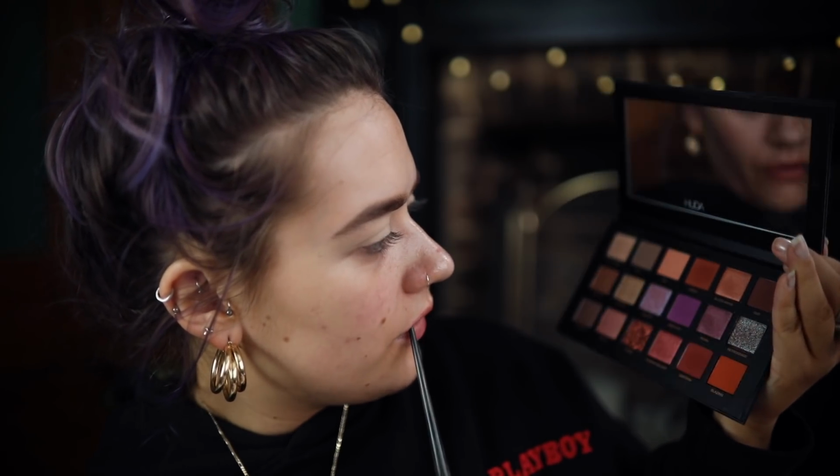I love this eyeshadow base like more than life itself. It makes everything pop and stay popped, you know, all day, all night. I'm gonna start with the Huda Beauty palette and I'm just going to go in with Eden, this like gorgeous